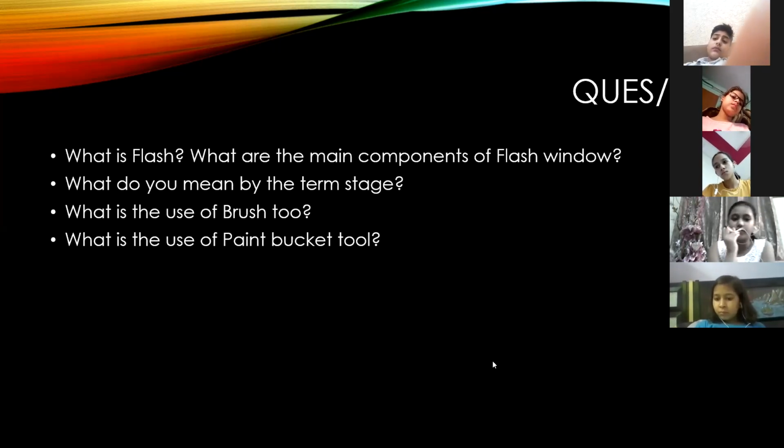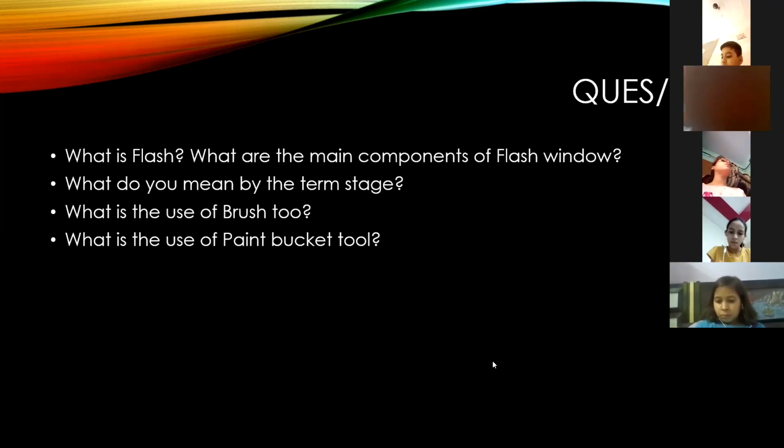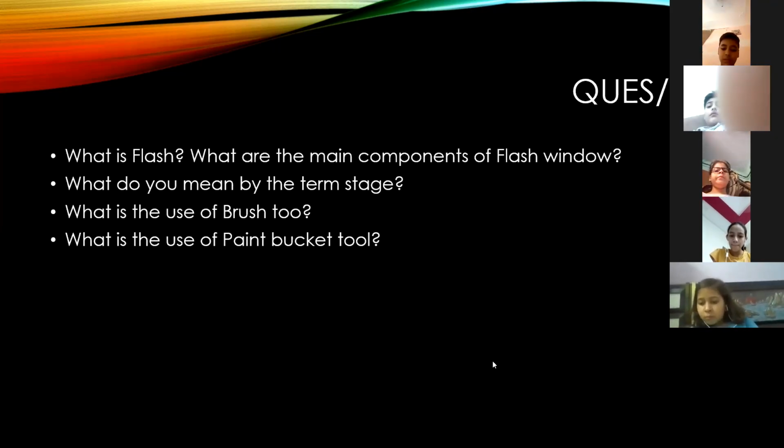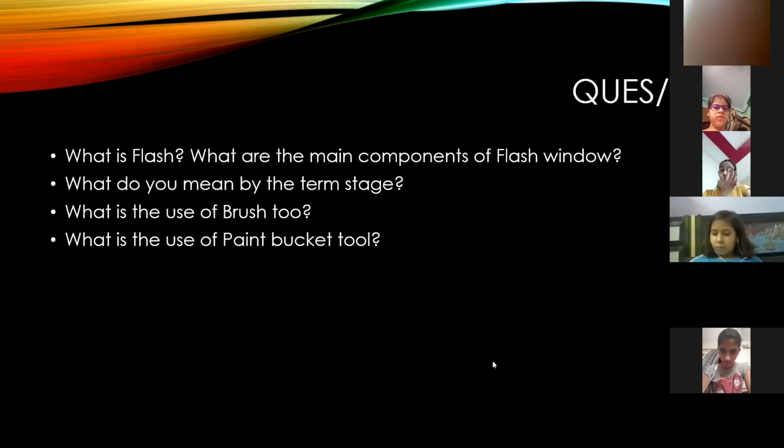Paint bucket tool is used to fill an object. Paint bucket tool is used to fill enclosed area of an object with the selected color in a single click. On page number 111. Clear?